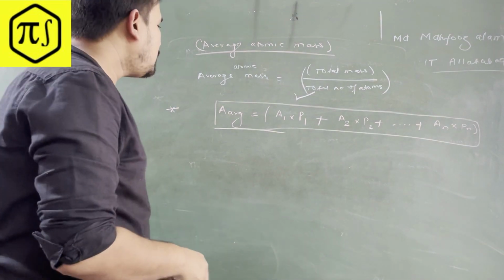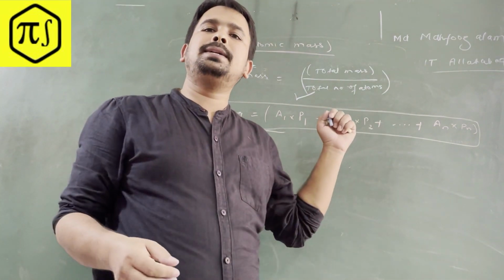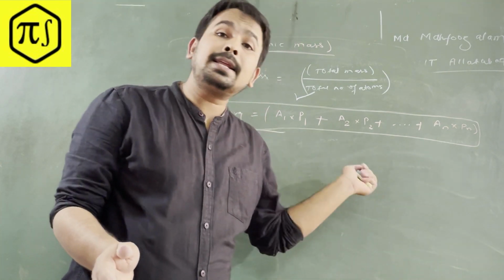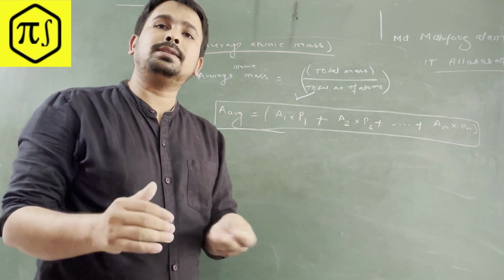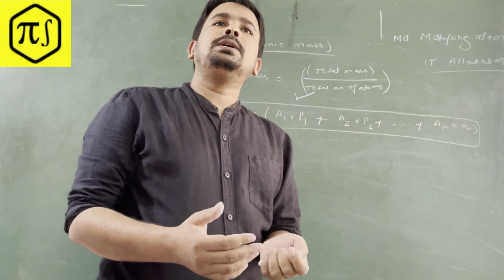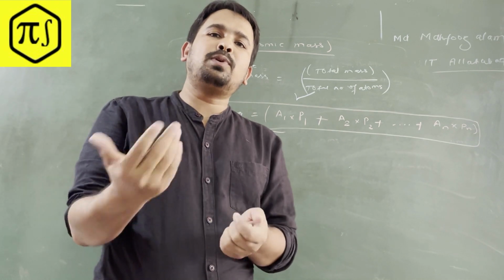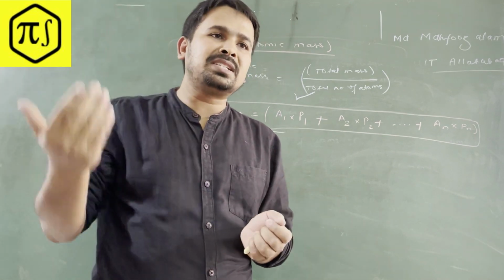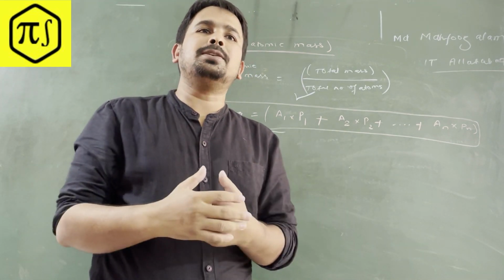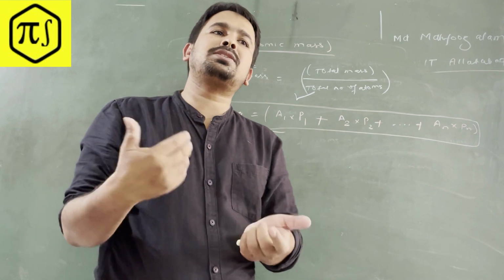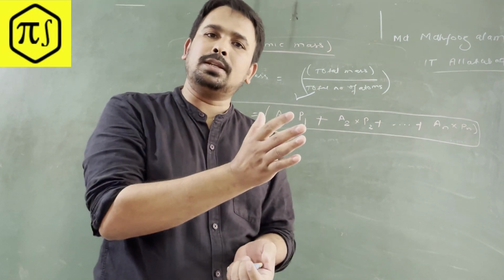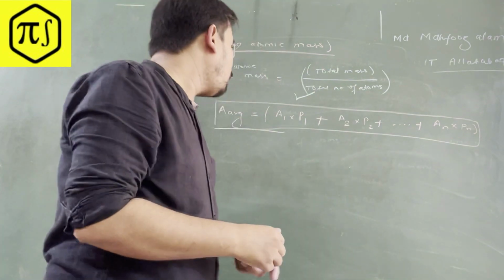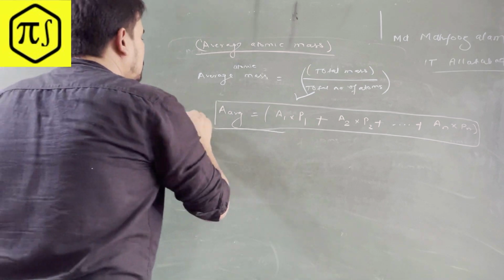This is what we have as the formula, right? But when we ask many students how it comes, they are not able to prove it, even good students who are able to solve many problems and are good in mathematics. What is missing here? They know the definition of atomic mass unit, they know the percentage occurrence also, but they didn't think about the relationship mathematically. They just remember the formulas. You will be able to solve problems, but here it will give you more insight. You'll never forget it. So let's derive and prove this, guys.